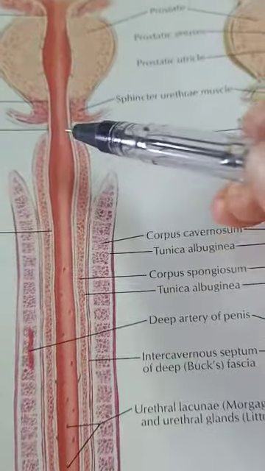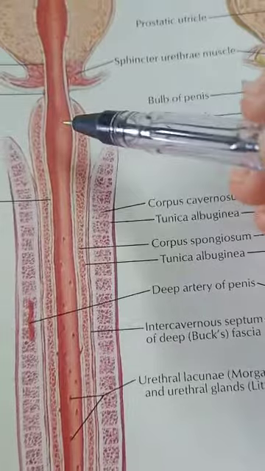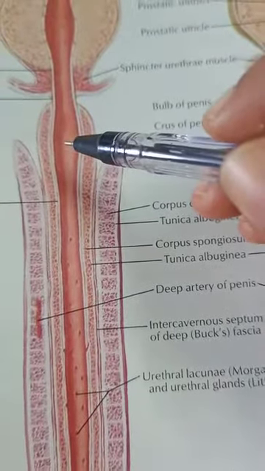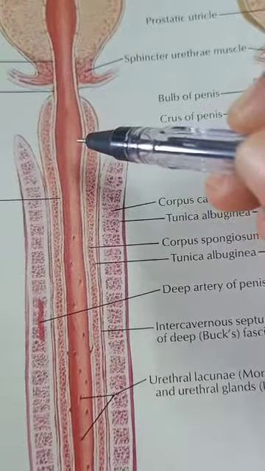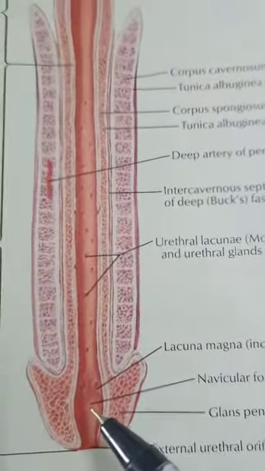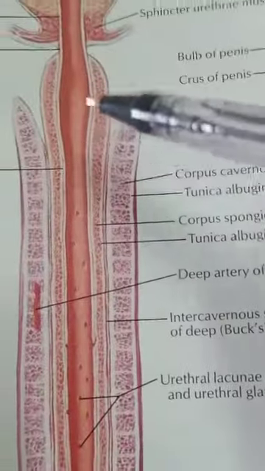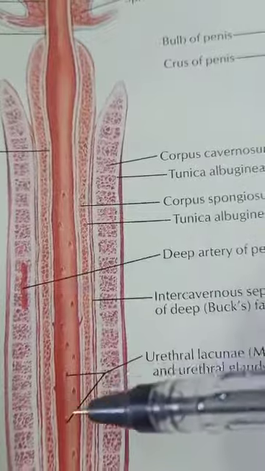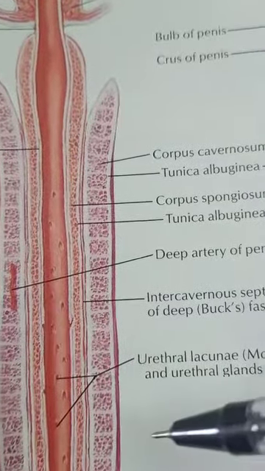of the penis. It shows two dilatations, one at the starting point near to the bulb of the penis, and that is known as the intrabulbar fossa. So this is known as the intrabulbar fossa, and another dilatation can be seen near to the tip. This is known as the navicular fossa. And within the bulbar and penile urethra, we can see small openings of the urethral glands.